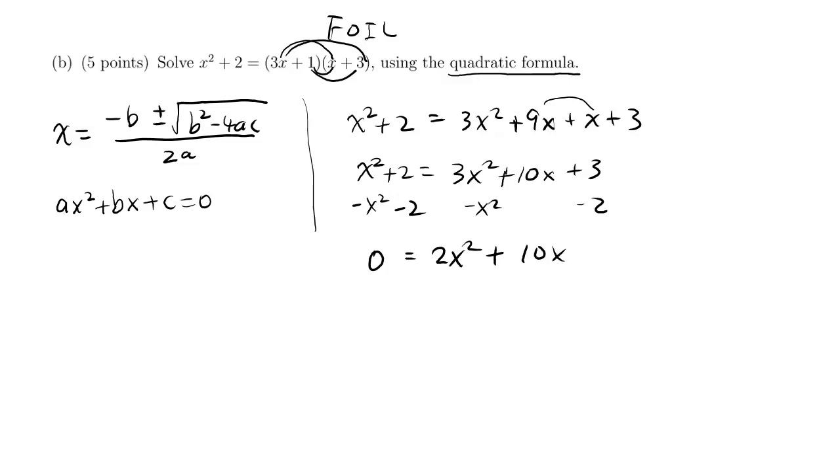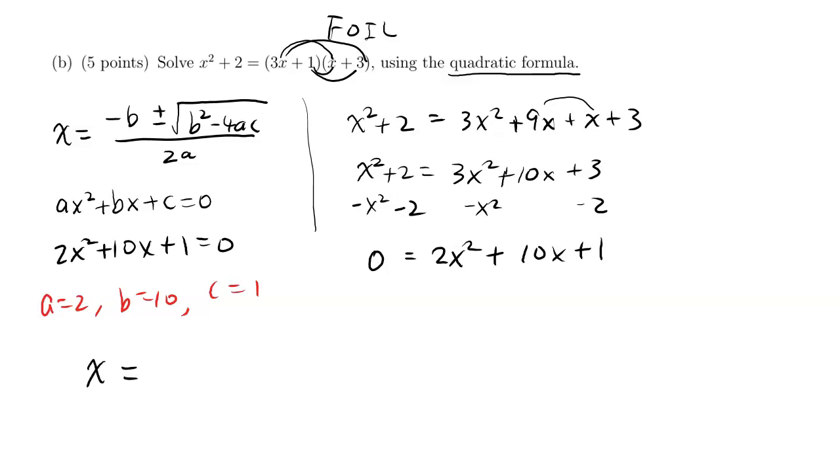10x, and then plus 1. Okay, now compare this with this. Basically, you have 2x squared plus 10x plus 1 equal to 0 as your equation. And I can see that to apply this formula, a would be 2, b would be 10, and c would be 1. So we apply this to our formula, which is